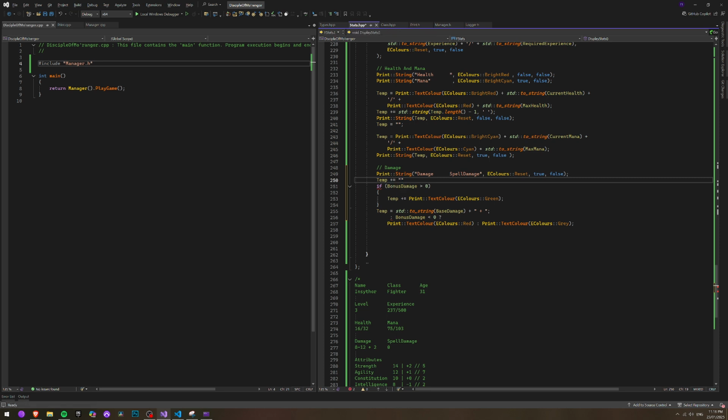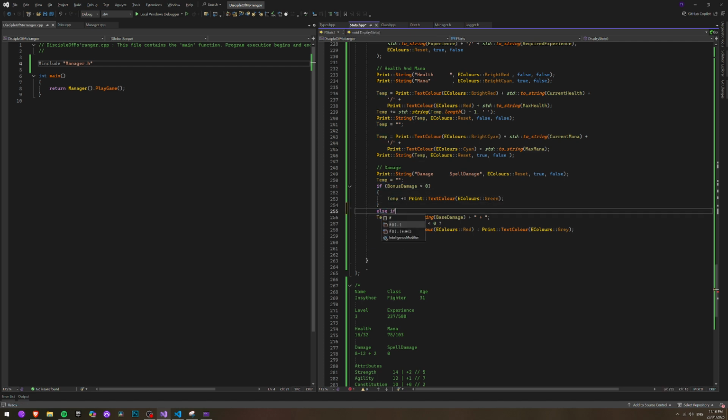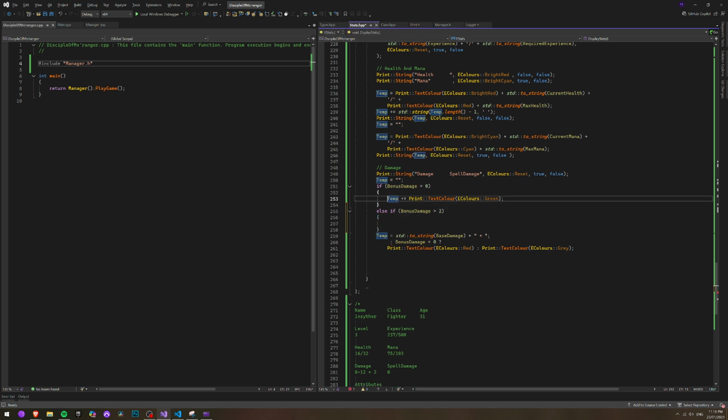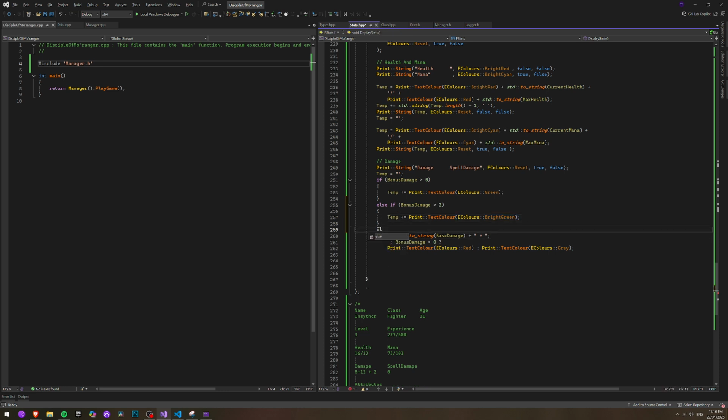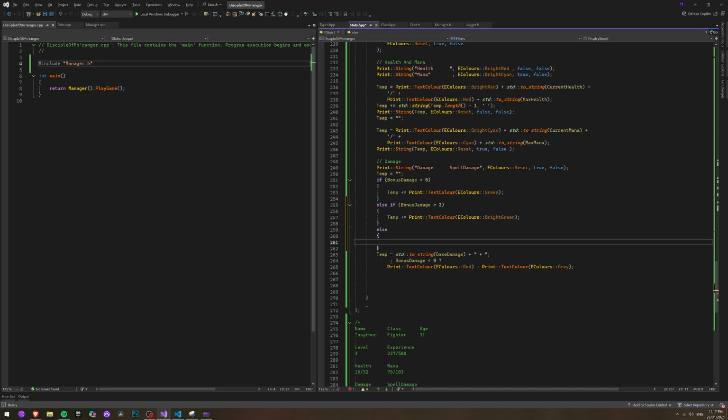We need to make sure that temp plus equals nothing. Temp equals nothing. Right? Then, else if bonus damage is greater than 2, temp is bright green, right? Else,